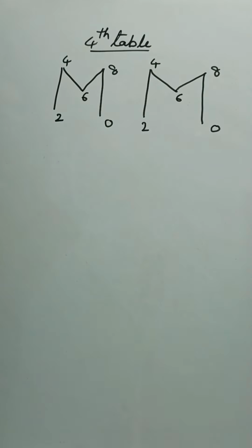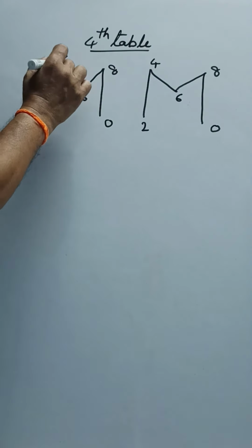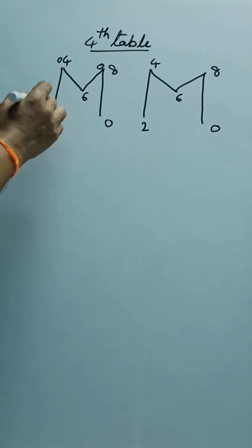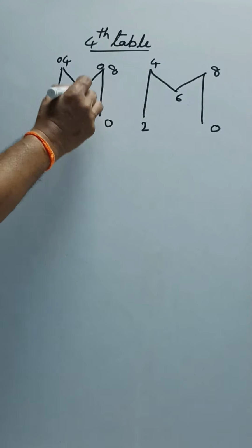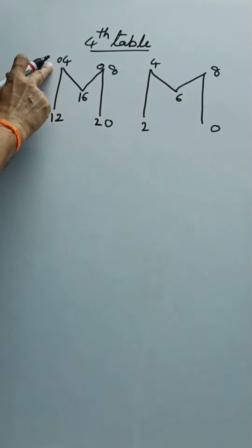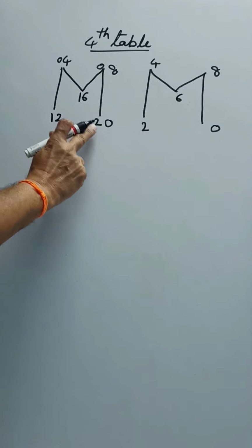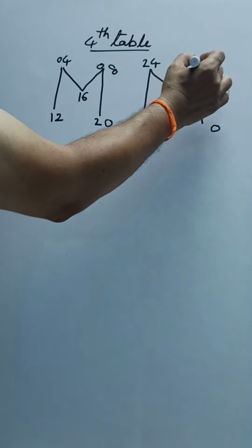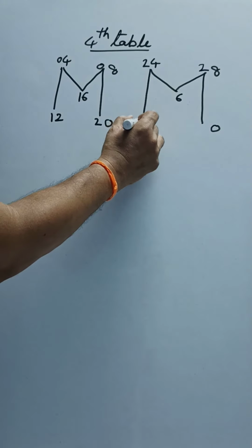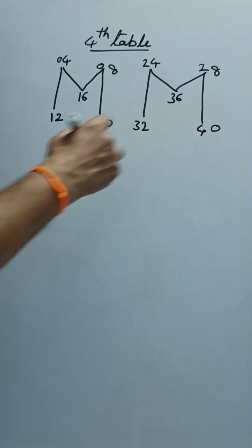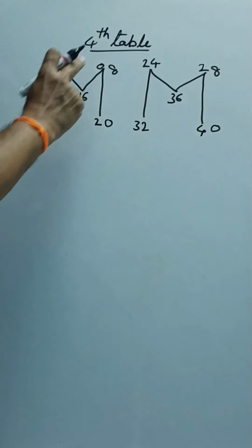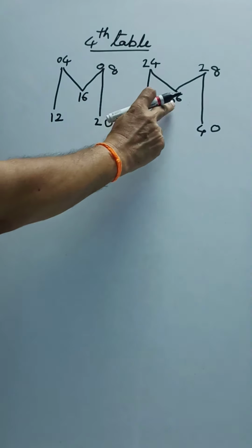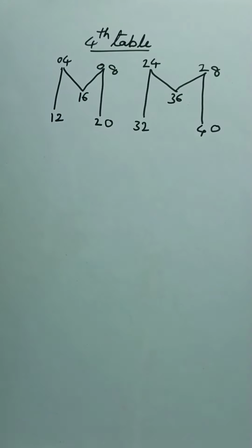Now to fill up the tens places, the upper portion of the first m is filled with zeros: 0, 0, and the lower portions are filled with 1, 1, 2, and the second m with 0, 0, 1, 1, 2, 2, 2, 3, 3, 4. So the tens digits are 0, 0, 1, 1, 2, 2, 2, 3, 3, 4. My fourth table is ready.